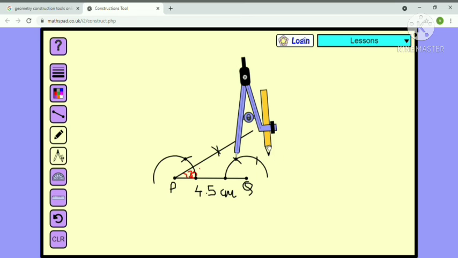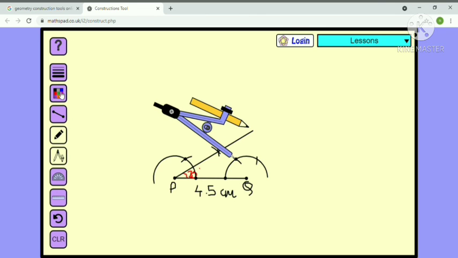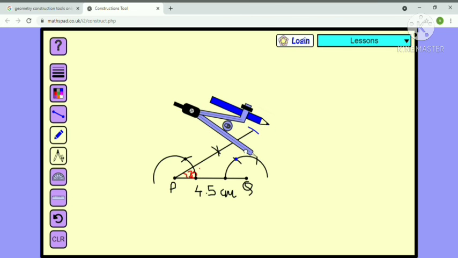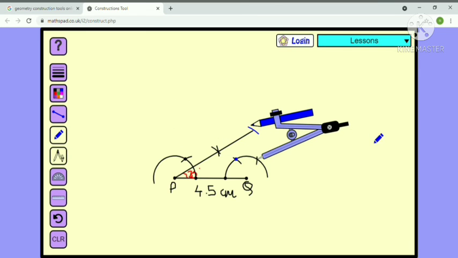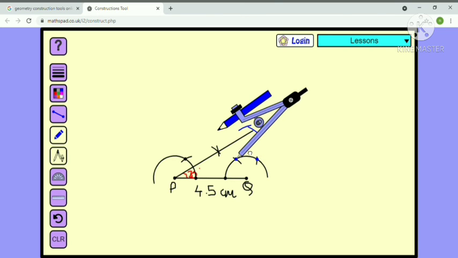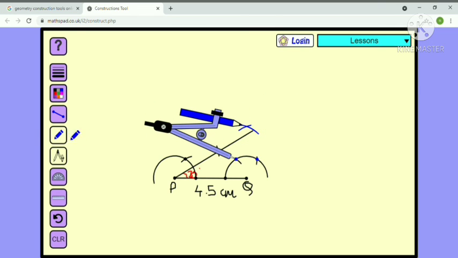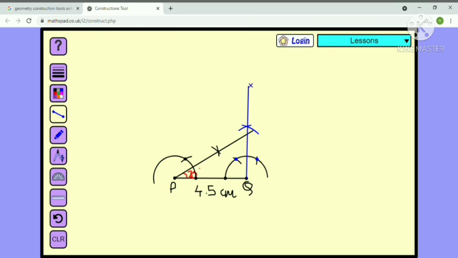So first we are going to construct 90 degree. For that, by keeping it at one point, we are going to draw one arc. I am using a different color. And by keeping it at another point, we will draw another arc. So we will get a point of intersection. So from point Q, we are going to draw a straight line. Children, you all should draw dotted lines with your pencil.